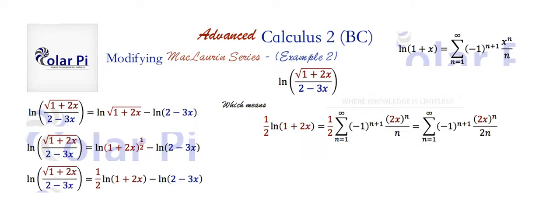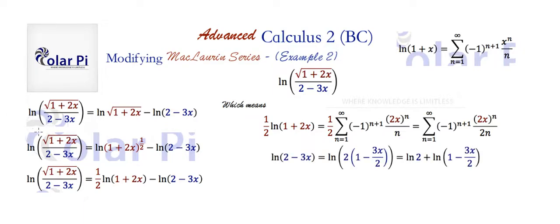Okay, cool. And then now we similarly deal with ln of 2 minus 3x, but note that for 1/2 ln of 1 plus 2x, we already had inside ln 1 plus stuff. But inside this ln, we don't have 1 plus stuff. And we need that. We need 1 plus stuff. So to make that happen, first, inside of this ln, we factor out a 2, meaning we write this,